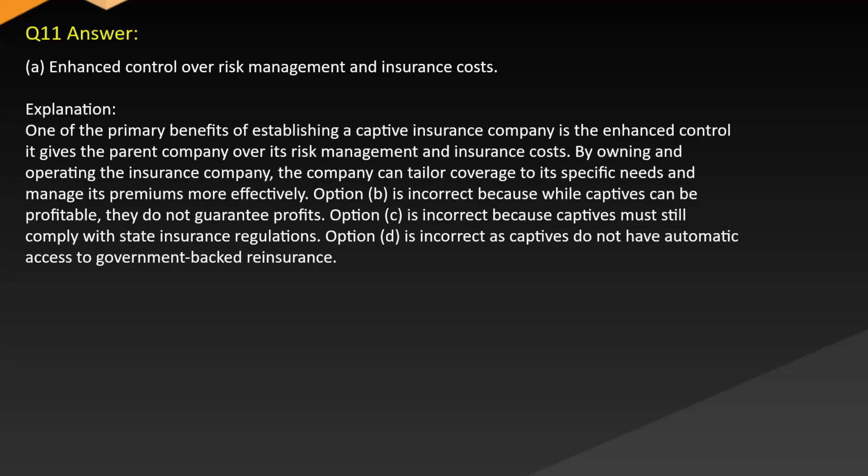Answer A. Enhanced control over risk management and insurance costs. Explanation. One of the primary benefits of establishing a captive insurance company is the enhanced control it gives the parent company over its risk management and insurance costs. By owning and operating the insurance company, the company can tailor coverage to its specific needs and manage its premiums